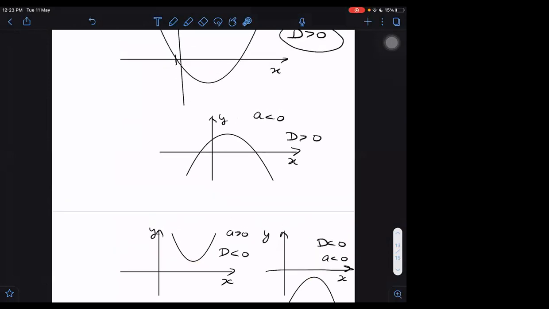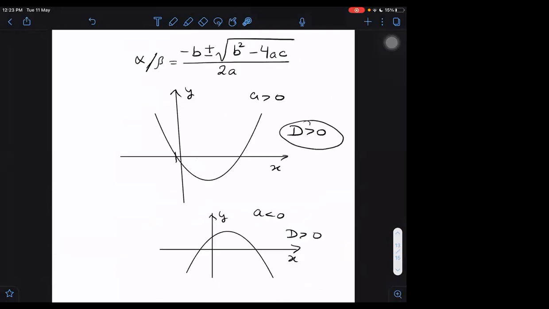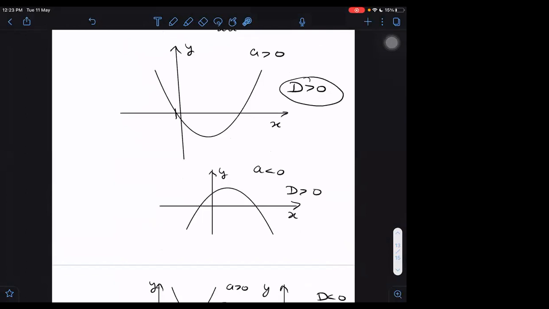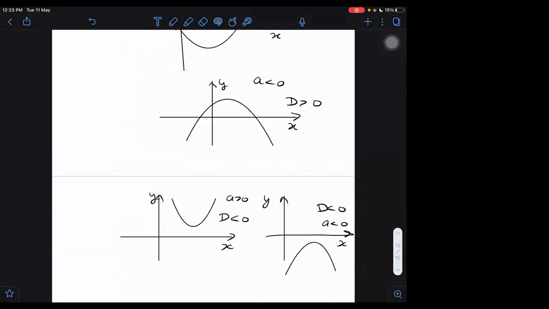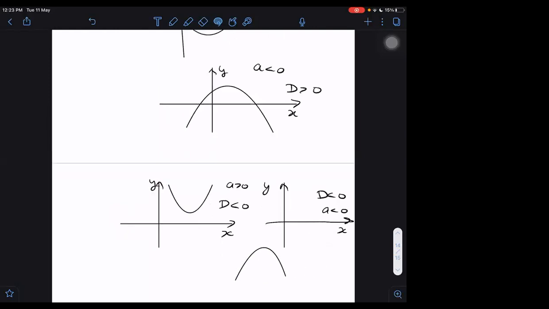Sir, can we draw the graph in the second quadrant? Yes, we can draw in second quadrant all these diagrams. That will not make a difference. This one you want to draw here, it is okay. You can draw here, you can draw here. Similarly, this one you can shift that side, no problem. As long as D is negative and A is negative, it will remain under the x-axis if these conditions are satisfied.